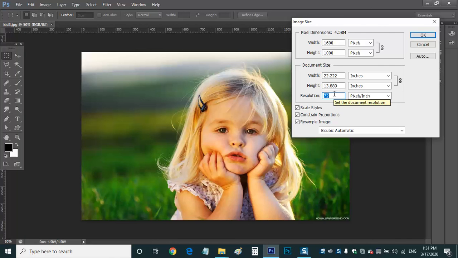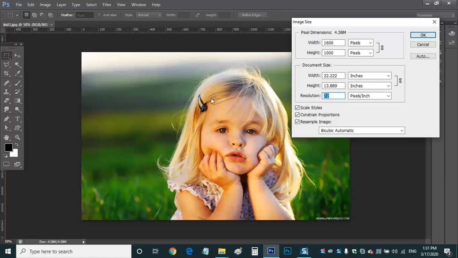But if you are using it for print media, say brochure designing, poster designing, visiting card, the minimum resolution should be 300. If you take less than 300 resolution, you may not get the output you are expecting. On screen everything looks fine, but when you go off screen, say when you take a printout, definitely the resolution will be very low.